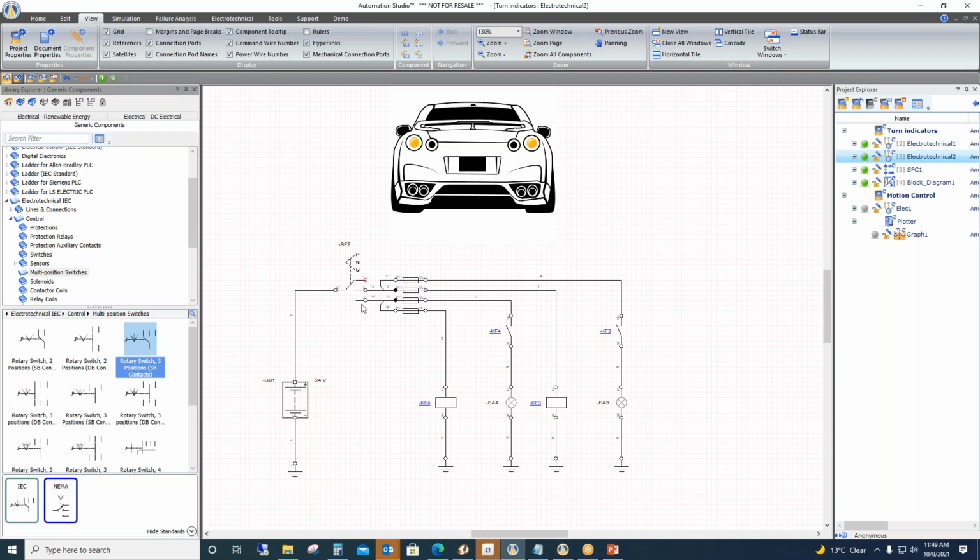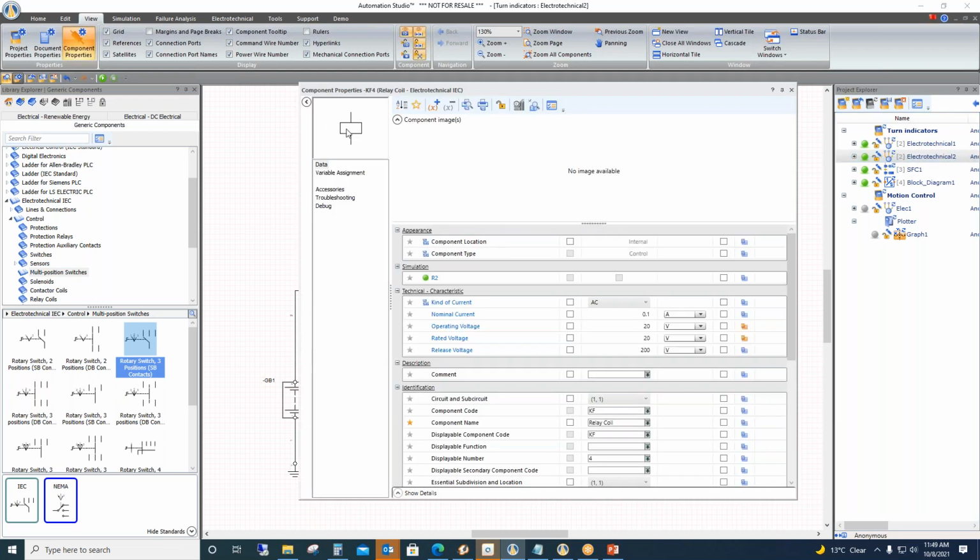So whenever the position of the switch will be at third position, the left indicator will be on, and whenever it is at second position, the right indicator will be on. So here we are manually controlling the left and right indicator. And again, these particular coils we have linked to the animation. For example, this particular coil is named R2.